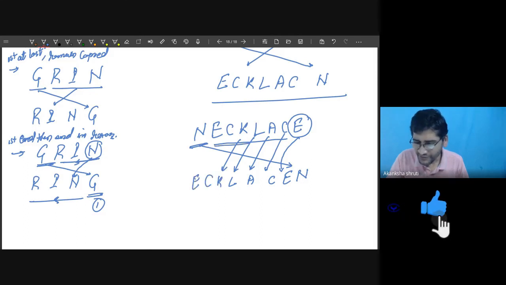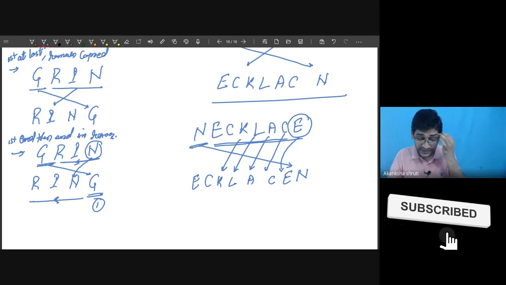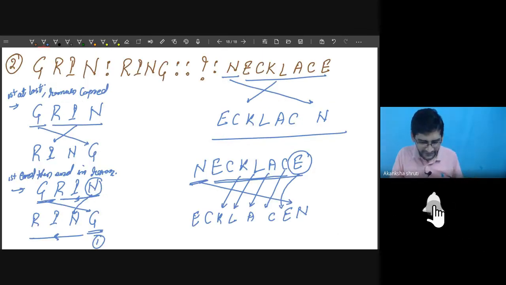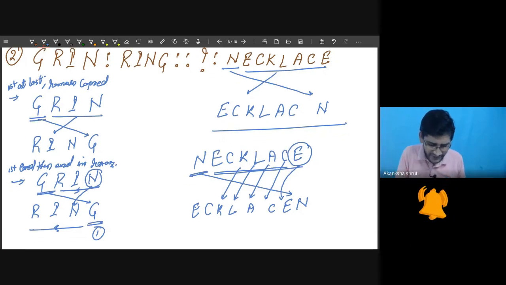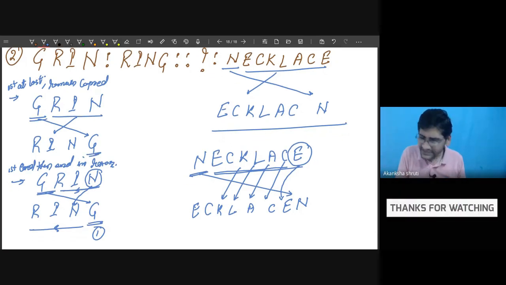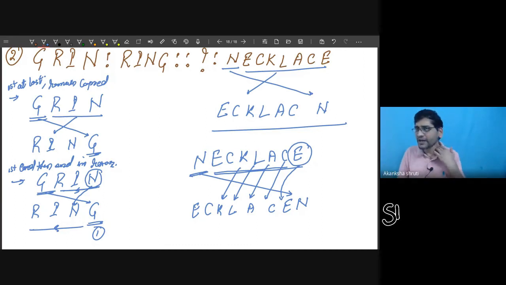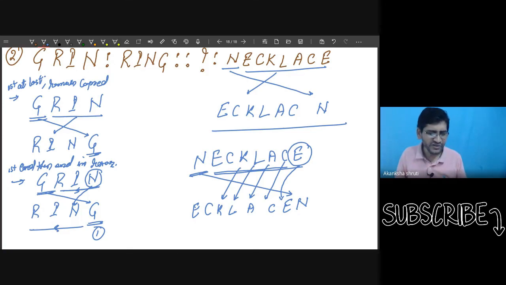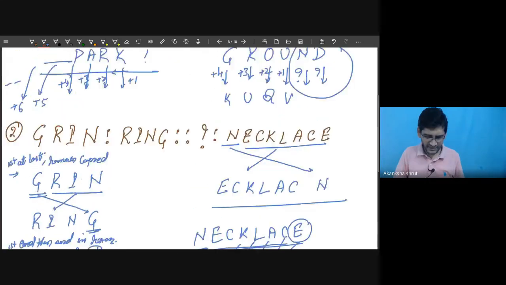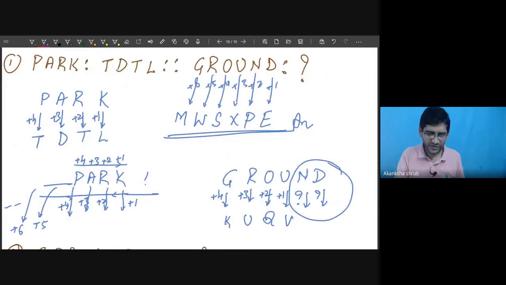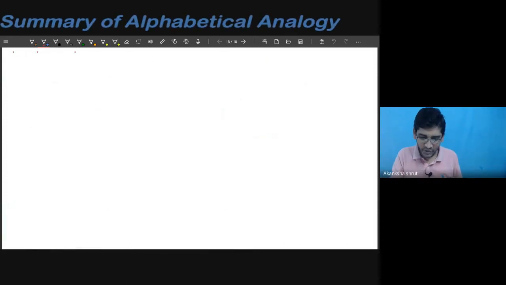So whether you copy from this end or starting with this and writing with this, you will get the same result. But it may be given that, say after this first set, the other set are producing 2, or the other set are again jumbled 1. So all those possibilities we have to consider. These are the only 5 kinds of questions which are formed on alphabetic series. Otherwise, there will not be any new kind of question.